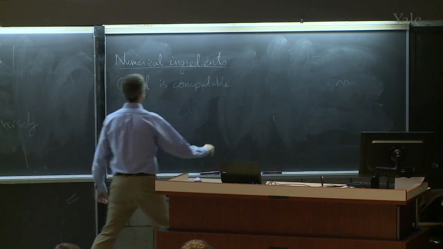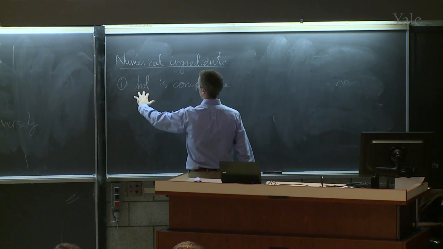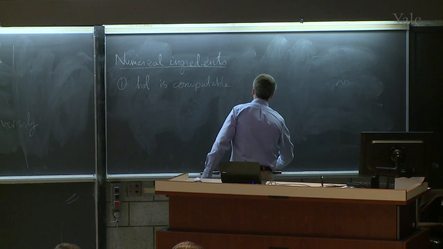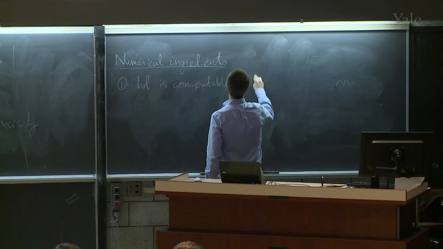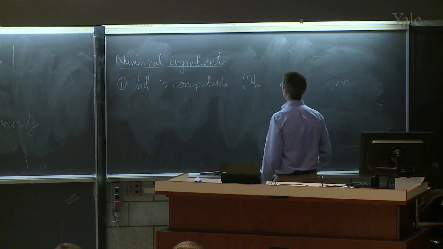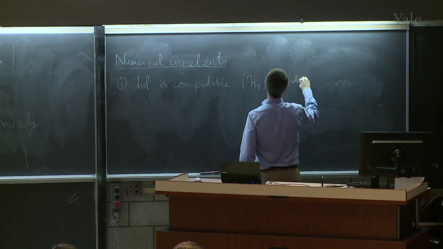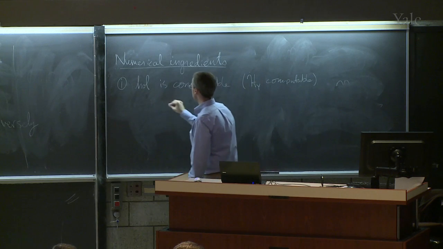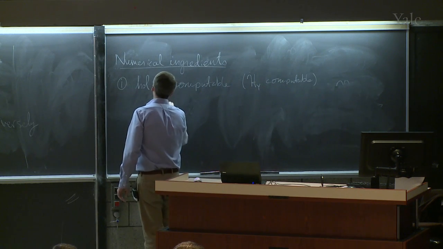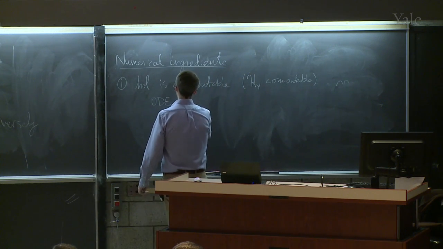So what is Hall? This is the map that takes a quadratic differential and gives you the holonomy of the corresponding projective structure. So this means that Hy is also computable. And this just uses the integration of ordinary differential equations